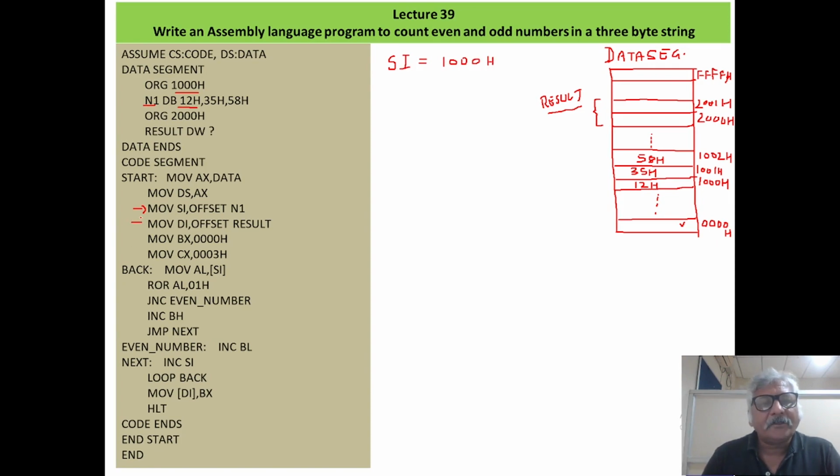Right. Now next instruction, move DI comma offset result. With this instruction, the DI register, that is the destination index register, will be loaded with 2000H, because we have written org 2000H. So 2000H will be stored in DI.